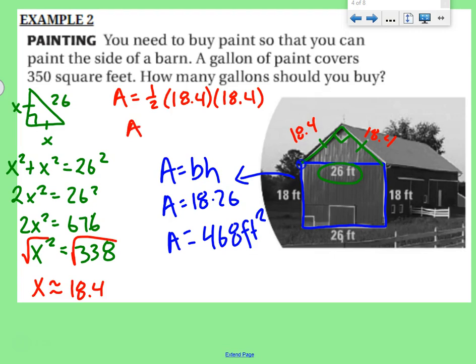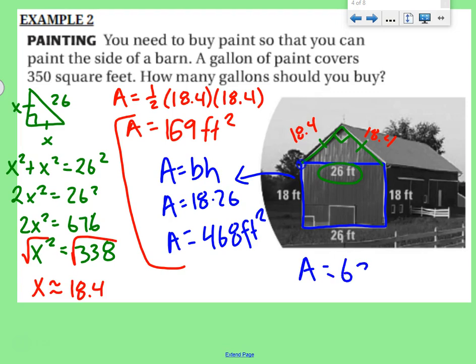And we get that the area is about 169 feet squared. So all we need to do is sum these two areas together to get our total area. And the total area would be 637 feet squared. However, if we look back at our question, it said, how many gallons of paint should you